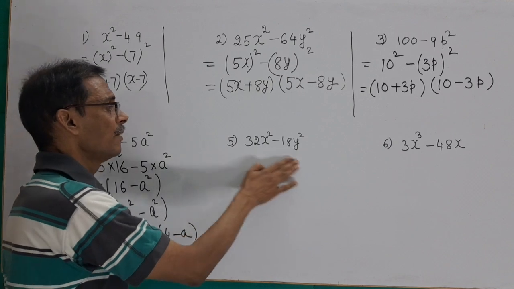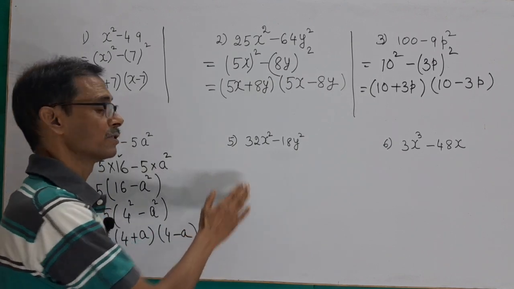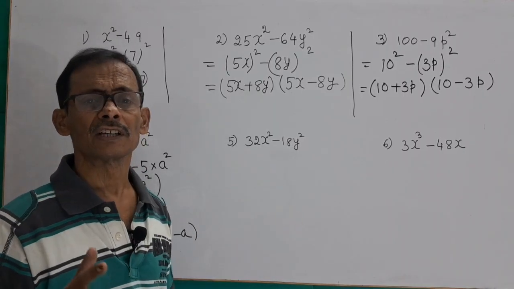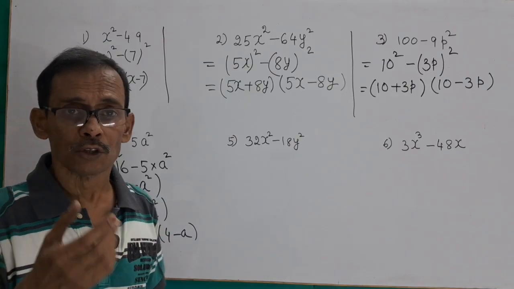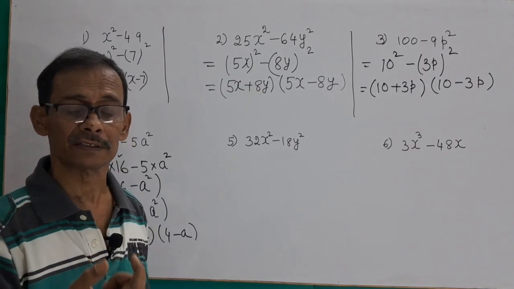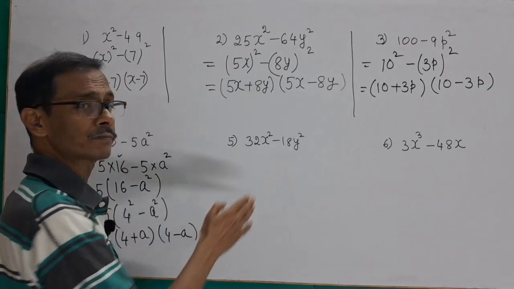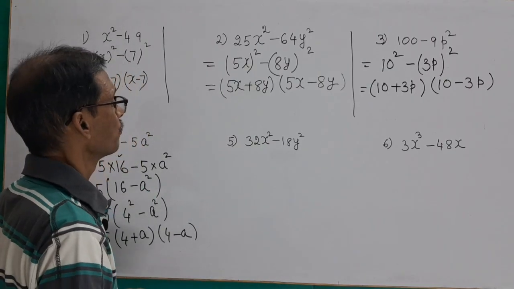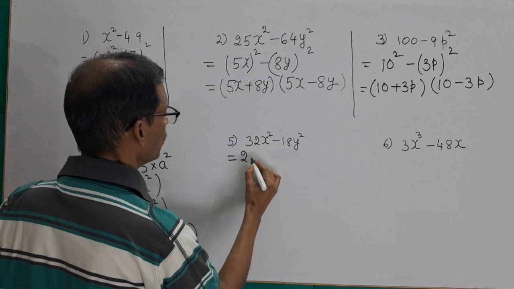Now you see this question number 5, the same thing you are noticing, because 32 also is not a square number. We know 5 fives are 25, so 25 is a square number, and the next square number is 36, because 6 sixes are 36. So what should we do? Neither is 18 a square number. So if you are taking 2 as a common,